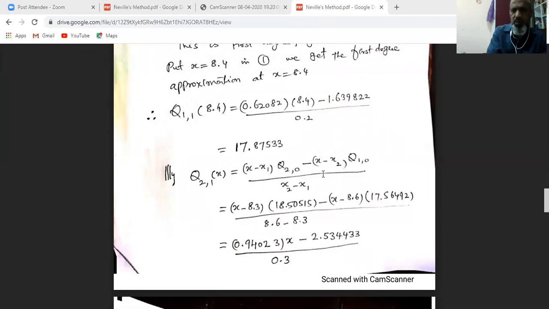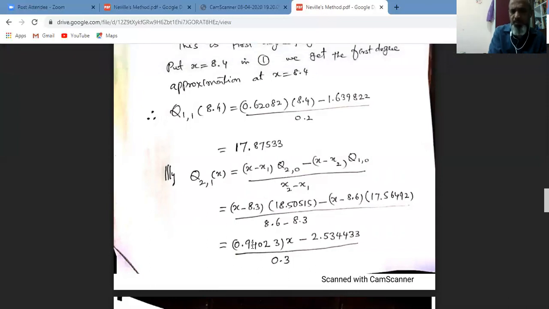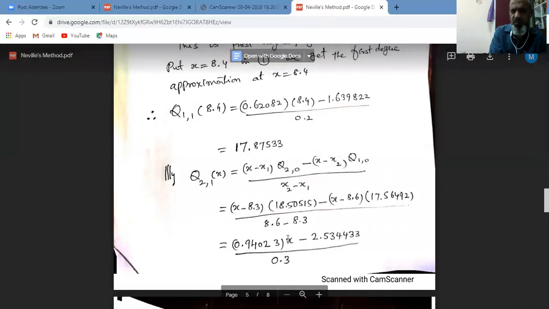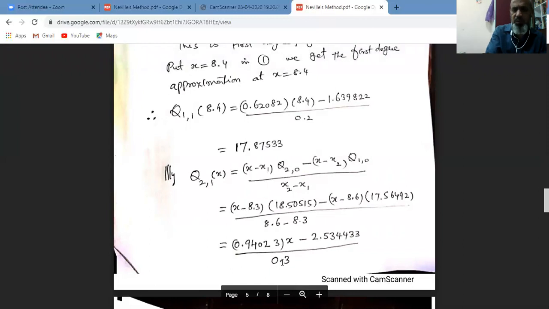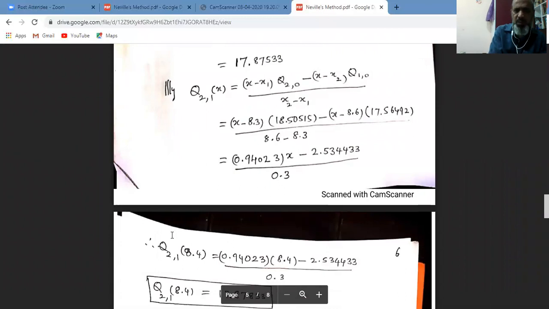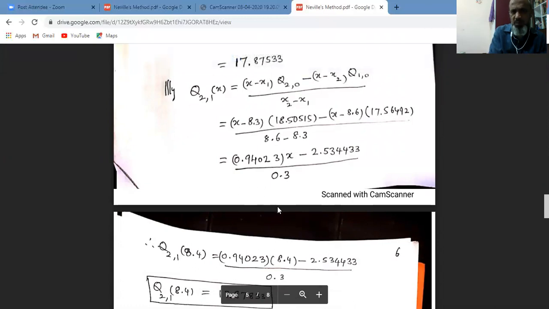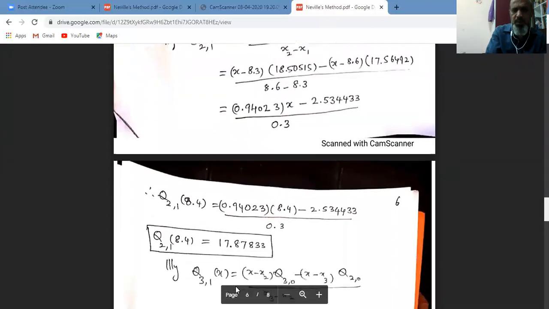Now again we are recollecting the x terms and constant terms. So after simplifying, we can write this q2,1(x) as (0.94023x minus 2.534433) by (8.6 minus 8.3). In the denominator we get 0.3. So this is q2,1. So at the point x is equal to 8.4, the value of q2,1 is, in place of x we are substituting 8.4. So after calculation we get this value as